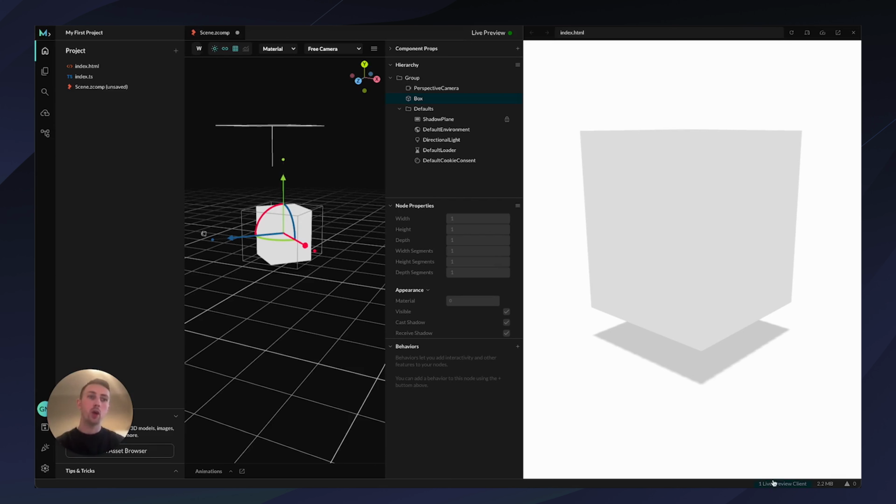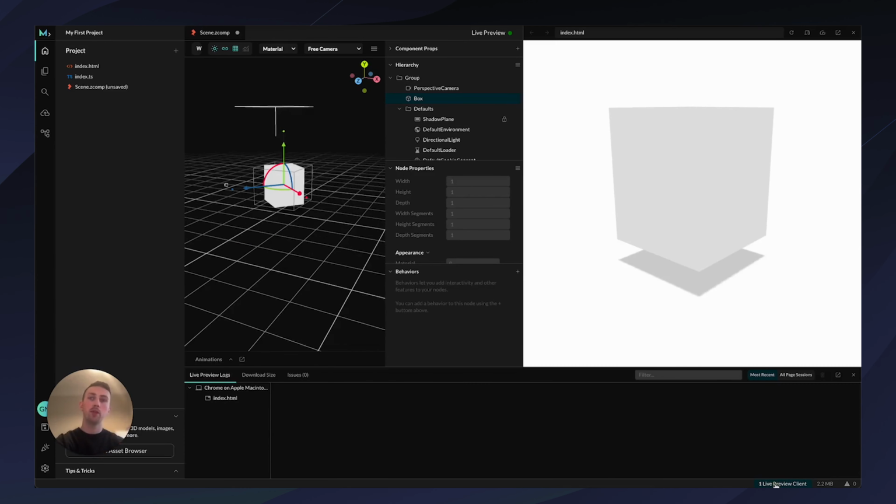In addition, when you have a live preview open, you can click on this button in the bottom right hand corner, and you'll see all of the live previews. So if I was to also scan this on my mobile device, I'll see a live preview of whichever device it is appear here. This is the live preview that's open here. And I can click on this, and if I start to add things like console logs or any errors that appear, they'll appear in here based on what I'm actually doing in my live preview.